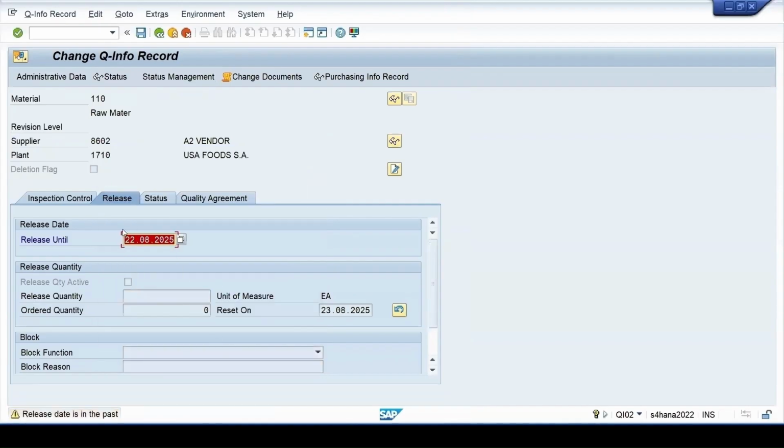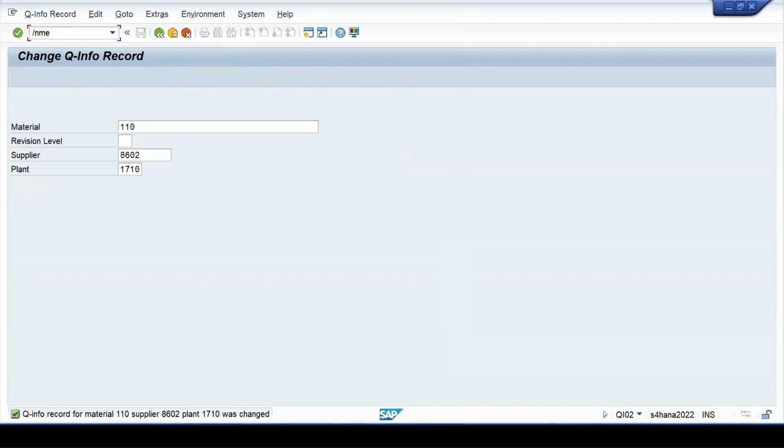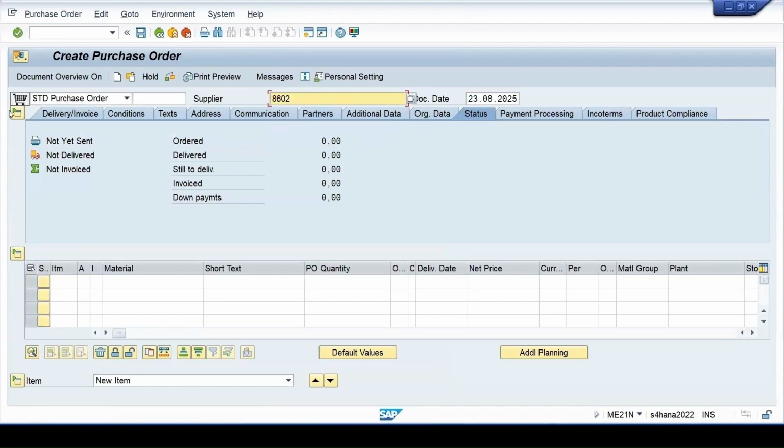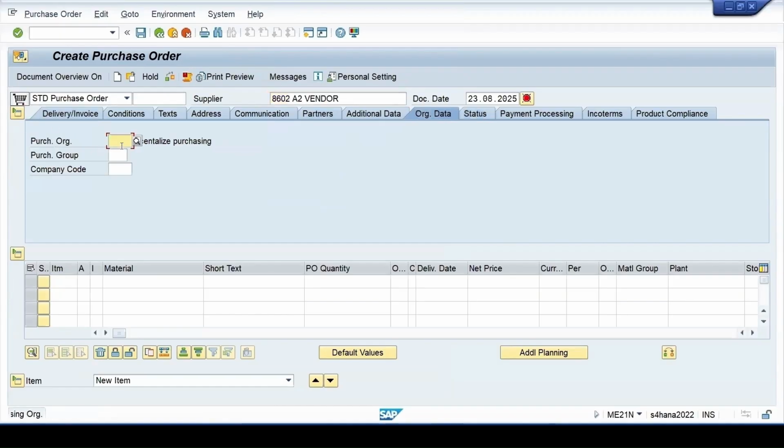It's giving me a warning that it is past dated. Continue. Let me save it. Now, if I create a purchase order, ME21N enter, and again I'm entering the vendor with vendor level information for this material and some quantity, plant, and the storage location.